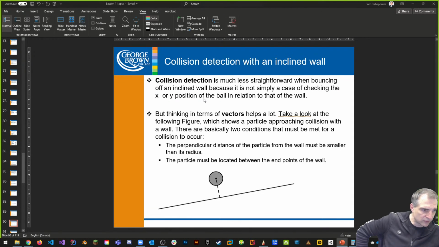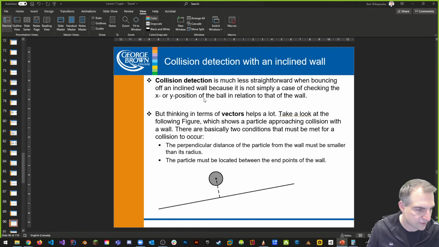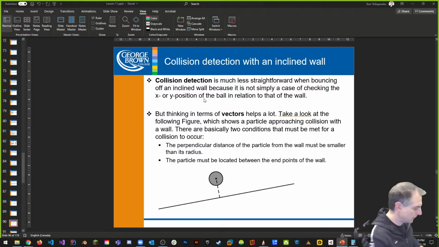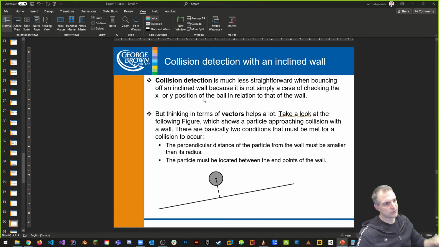So Vincent says, just scale down velocity to simulate energy loss. Yes, that's the simplest way of doing it. From a game physics perspective, if you want to be super realistic, then you would have to consider how much momentum you're going to lose by this inelastic type of collision. But from a game perspective, we don't necessarily want to be always super realistic. We want to make it playable.